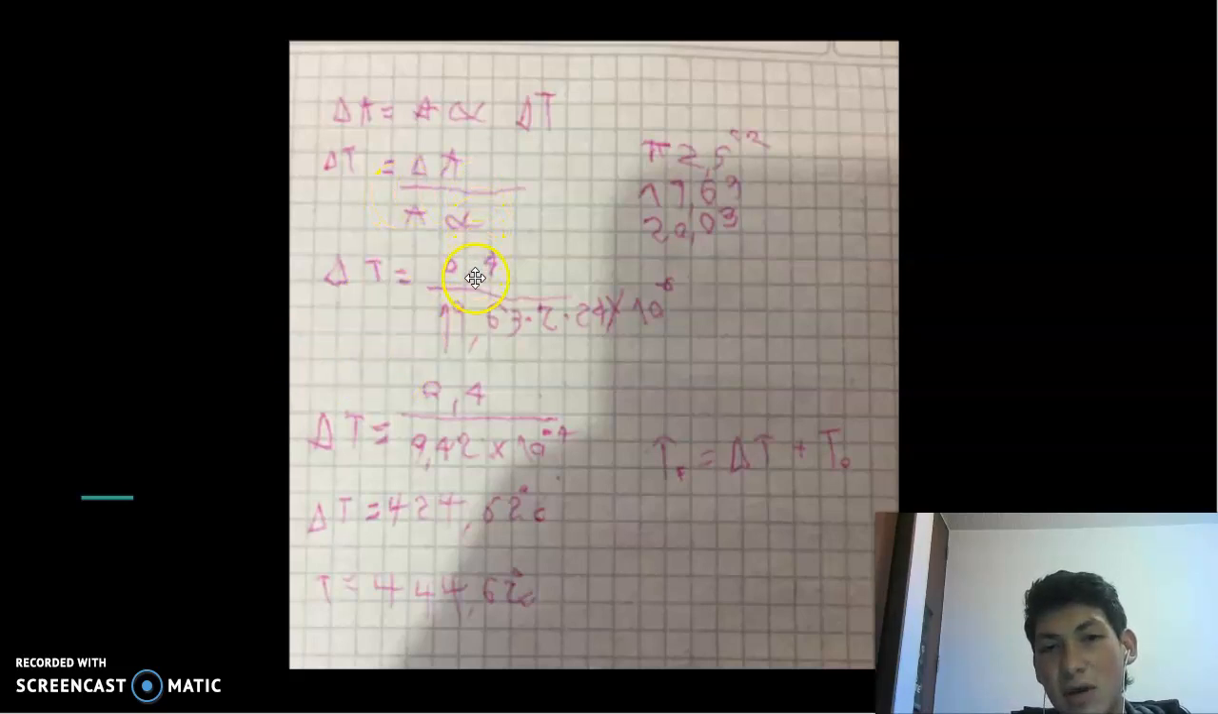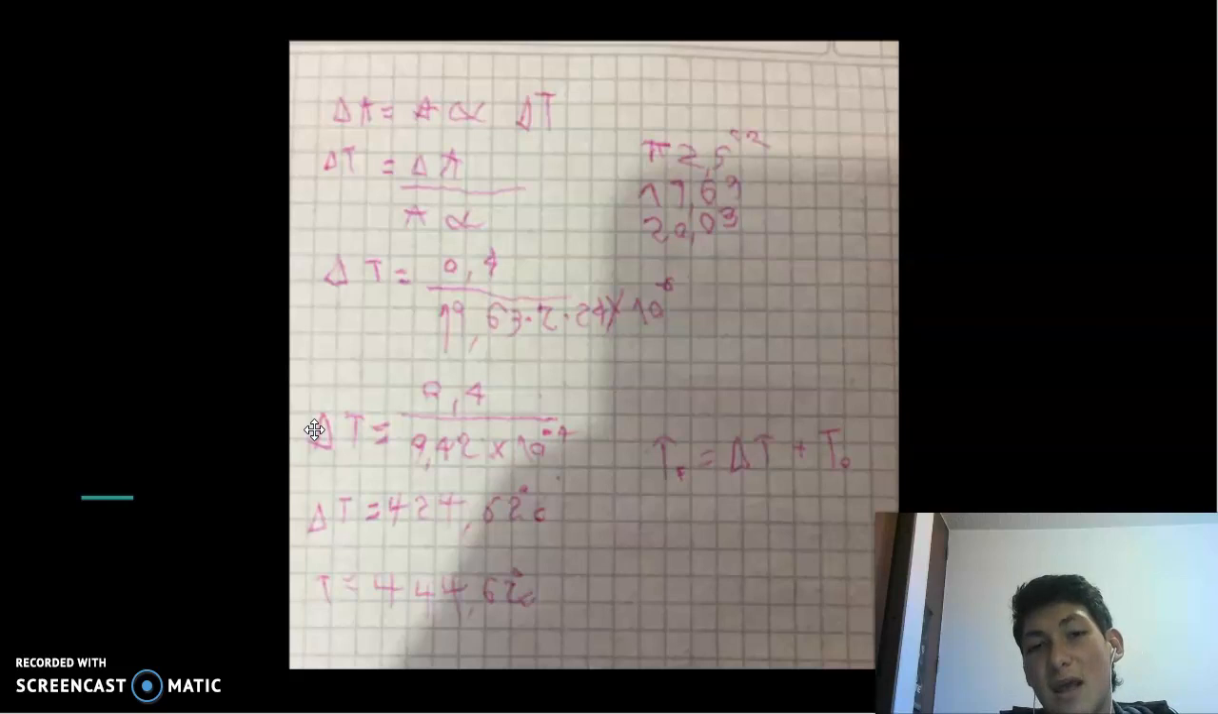So the change of area is 0.4, because it's the change of area between the ring and the bar. Then we need the initial area, that is 19.63, times the coefficient, that is multiplied by 2 because this is a superficial expansion. We do the math and finally we get that the change of temperature is equal to